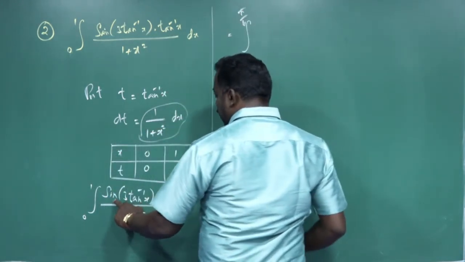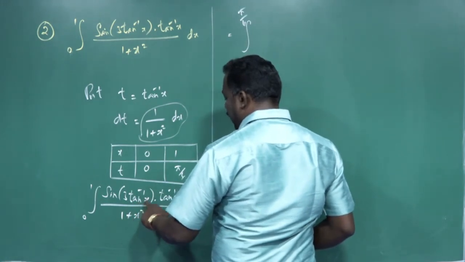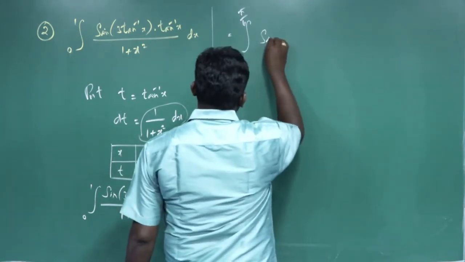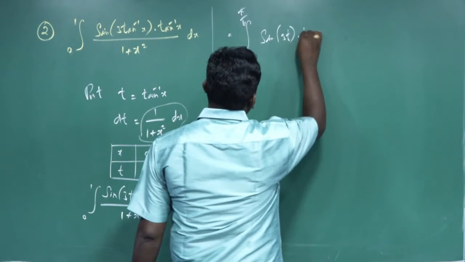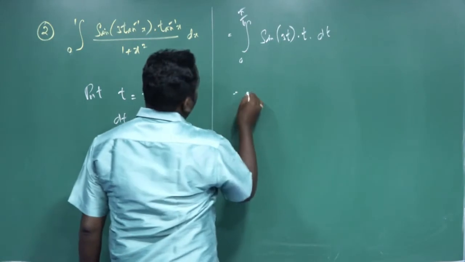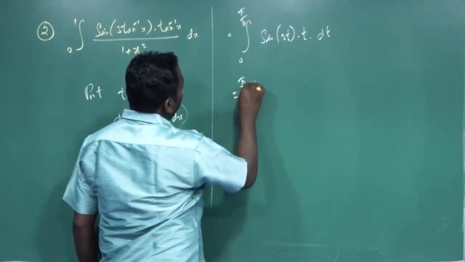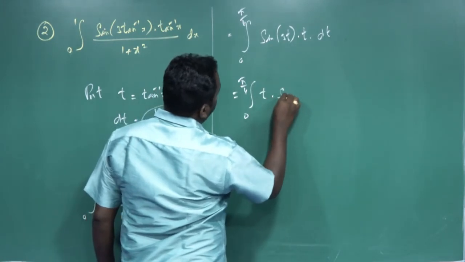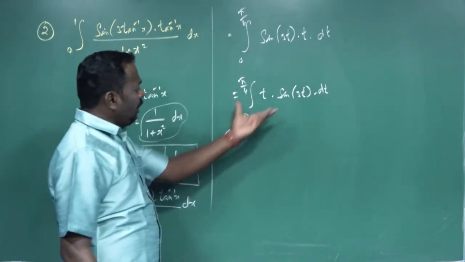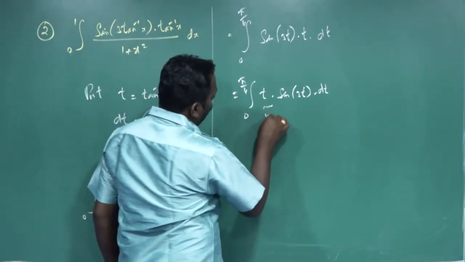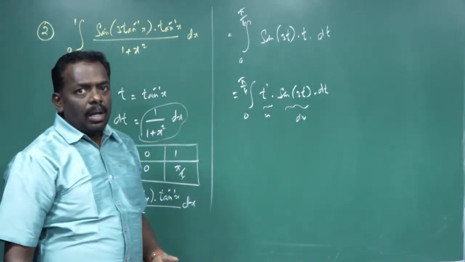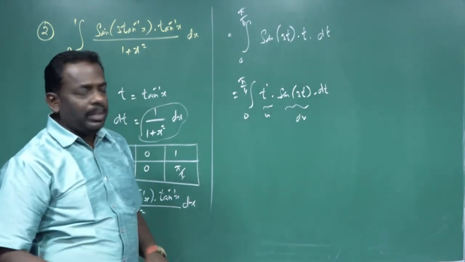And then sine 3 into tan inverse of x equal to t, again a t, dx by 1 plus x square we can write as dt. Therefore sine of 3t into t into dt. Now again rewrite the term: integral 0 to pi by 4 t into sine of 3t into dt. Now this is in the form of integral u into dv. Power equal to 1, if you are applying integration by parts or Bernoulli's general formula, any one method is possible.